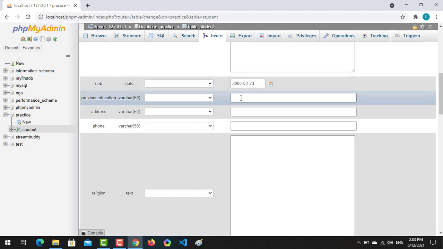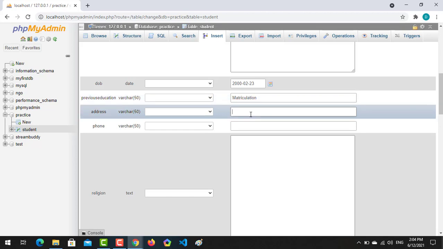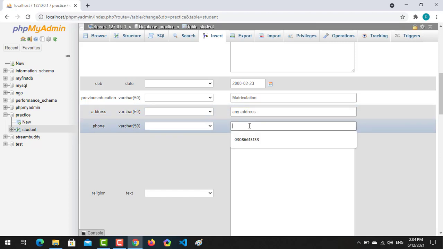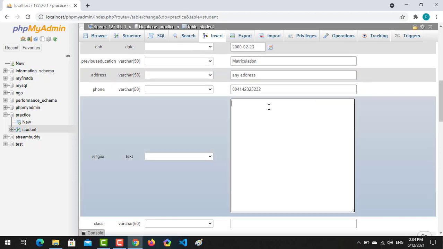The previous education is matriculation. We can write it as matriculation. For address, you can write any address in place of this one. After that, the phone number you can write is 0041 4249. It's up to you what phone number you are using.